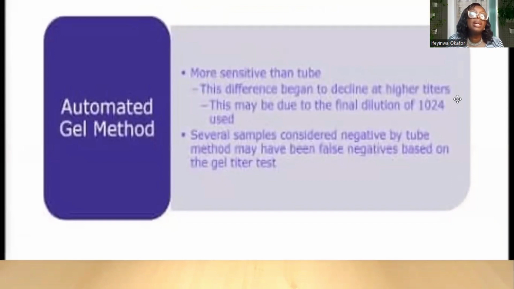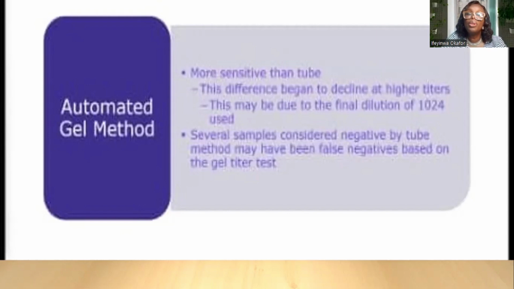Now, the automated gel has been shown to be more sensitive than the tube, and also shown to pick minute reactions that the tube technique cannot pick. And the difference between the automated gel and the tube technique begins to decline at higher titer. But at the same time, the tube technique remains the